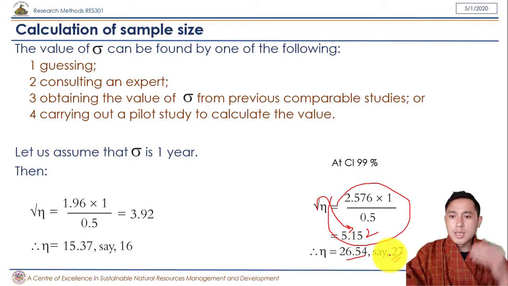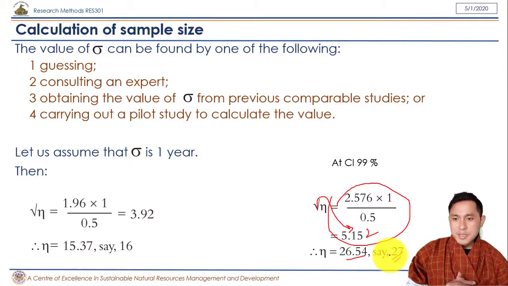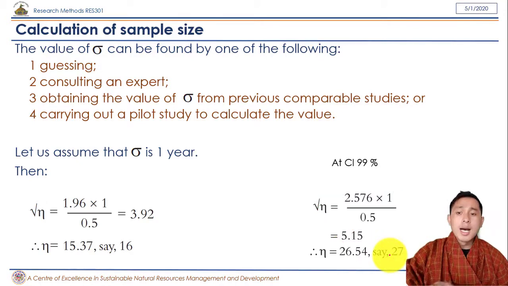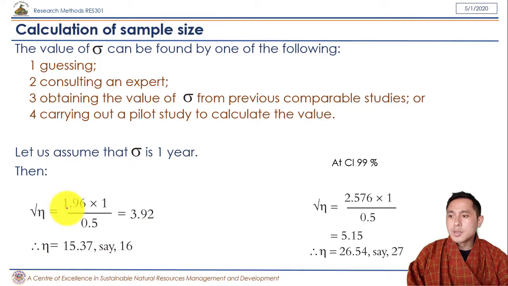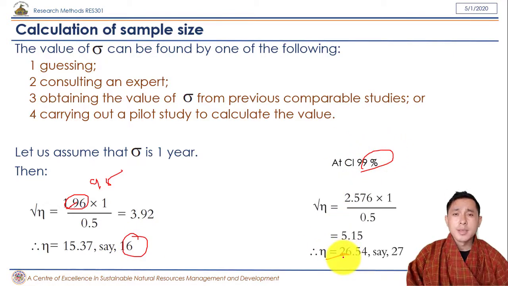So what we see over here is that, like I said, higher the confidence interval that you want to look at, higher the sample size you need to take. So the confidence interval that we just took here was 95, and we got 16 as our population, but we increased to 99 over here, and we got 27. So higher the confidence interval, higher the